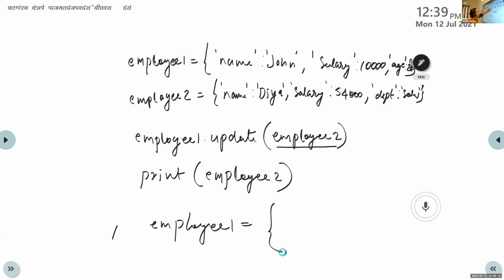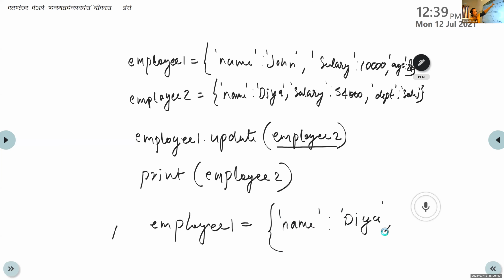It will update with value Dia. If the name key is already there in employee1, then it will replace the value only. So employee1's name John is replaced with Dia.